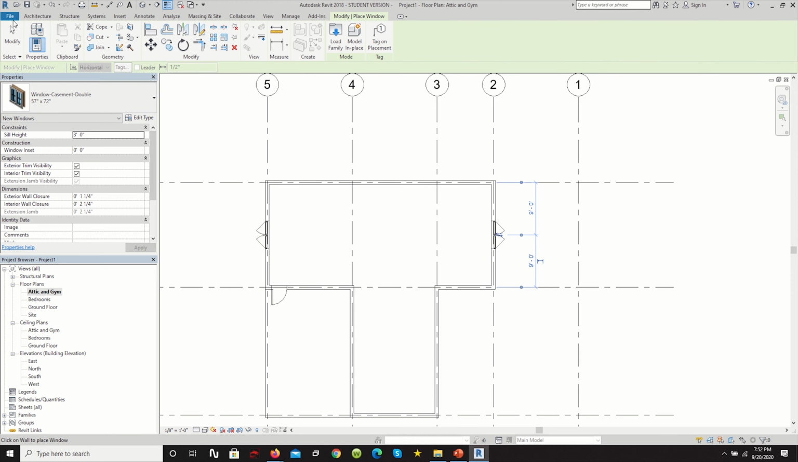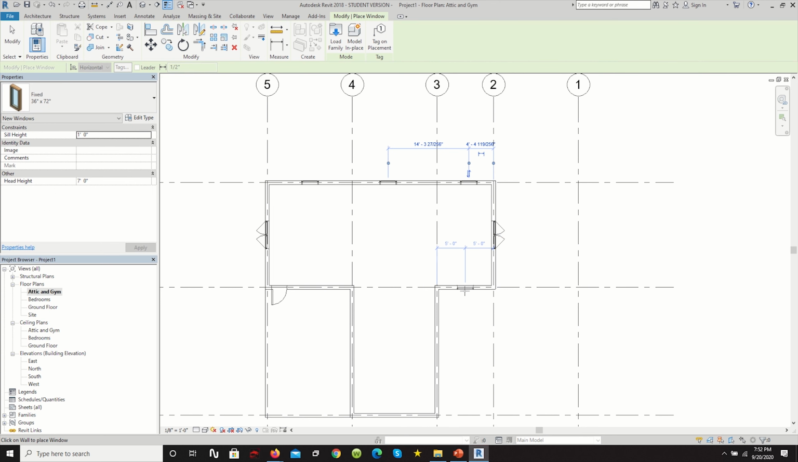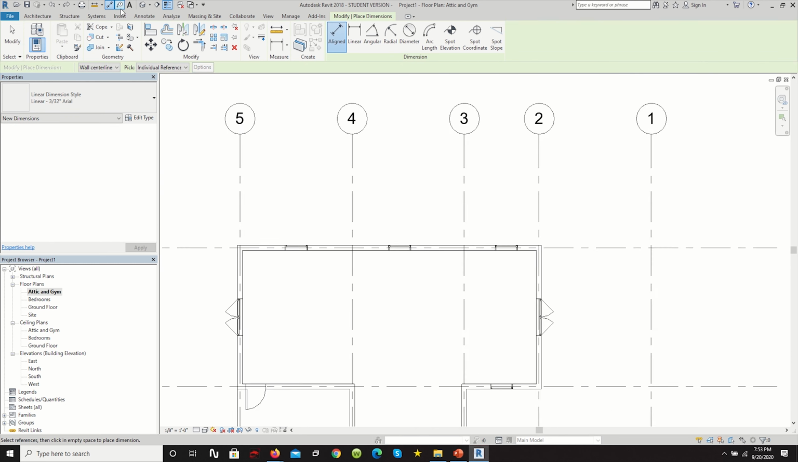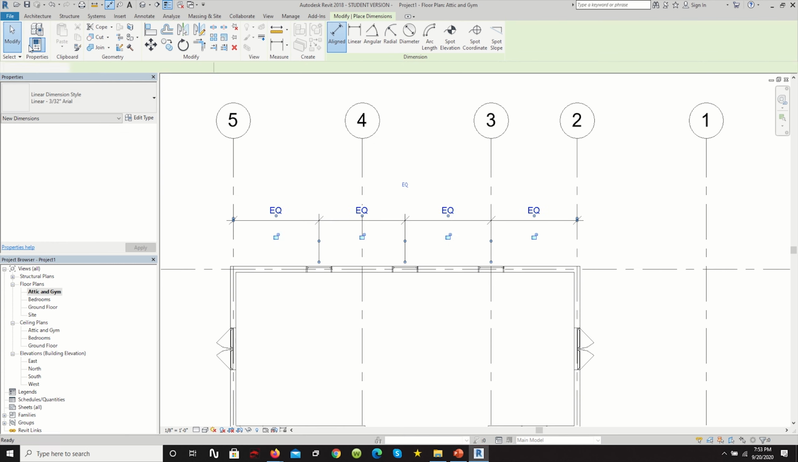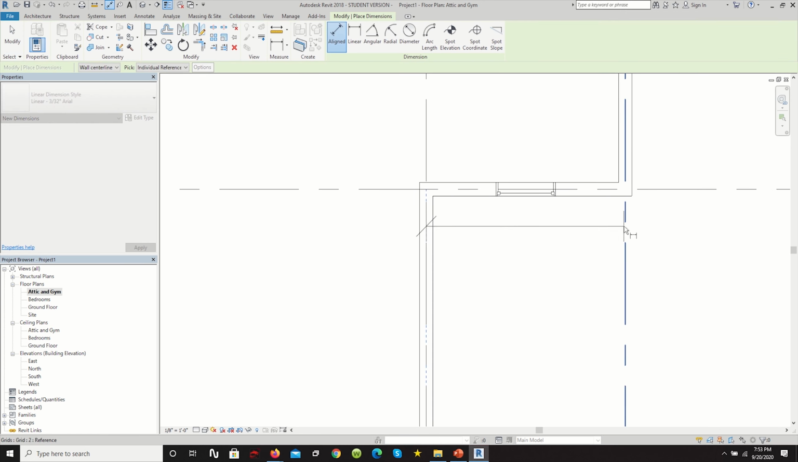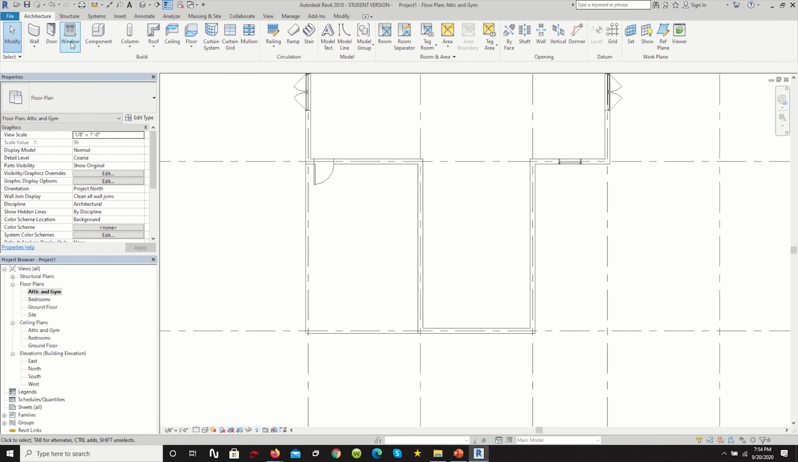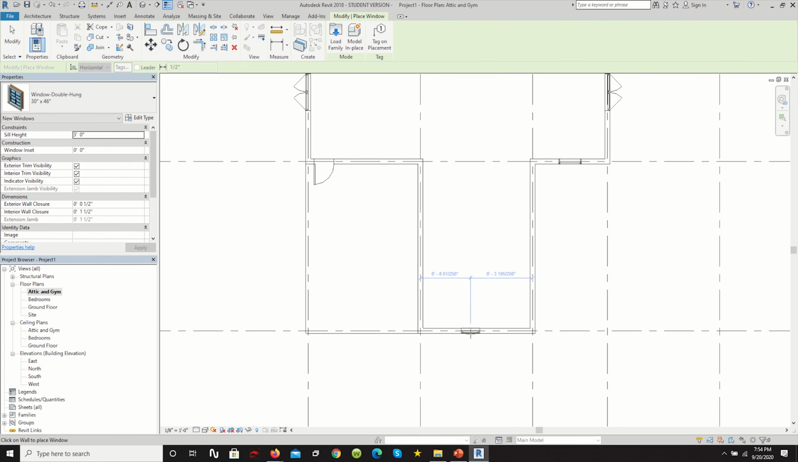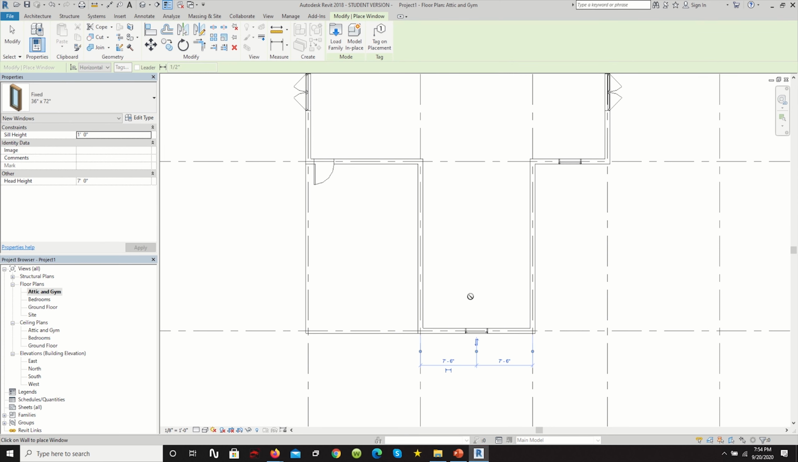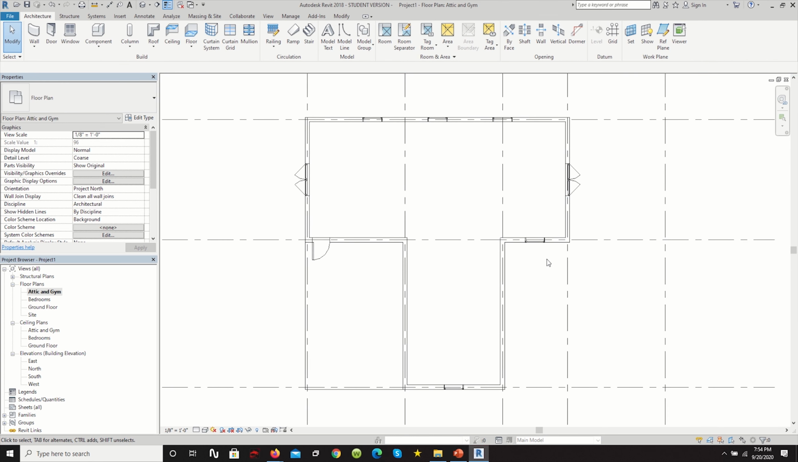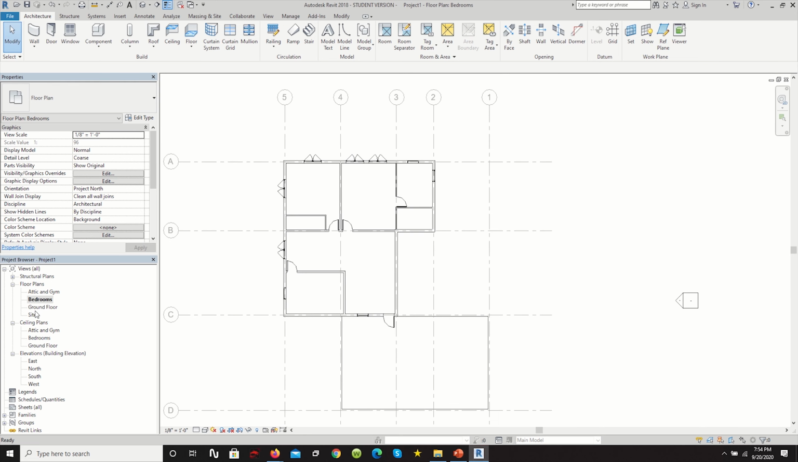And then we can have these windows fixed. And just like that, we have our doors, windows, and these things set up so far for the ground level. So now if we go through each of our floor plans,